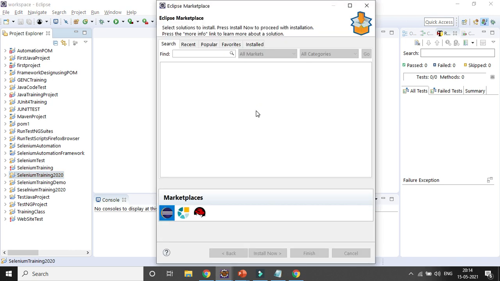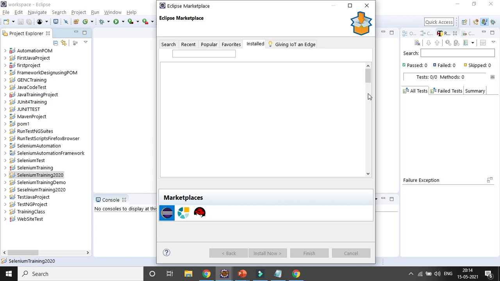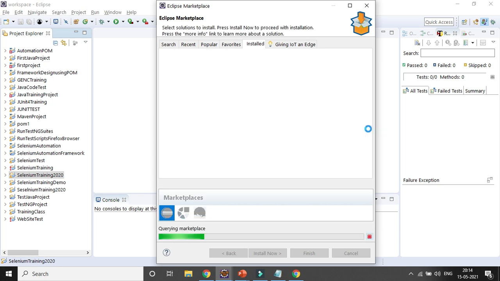Okay, you can see the Eclipse Marketplace is open, right? If you go to the Installed section, you can see Maven is already installed here, as it is above the Luna version. Otherwise, you need to search for Maven and install it manually. After it is installed, it will be available in the Installed section.